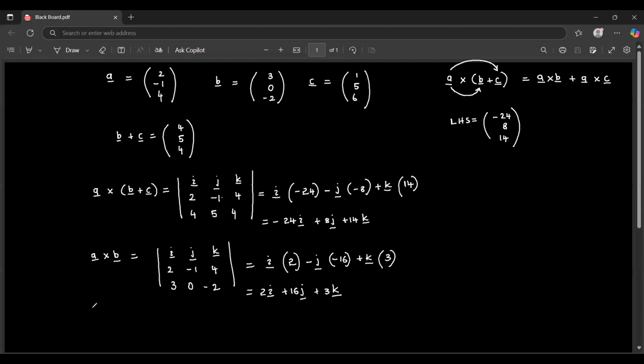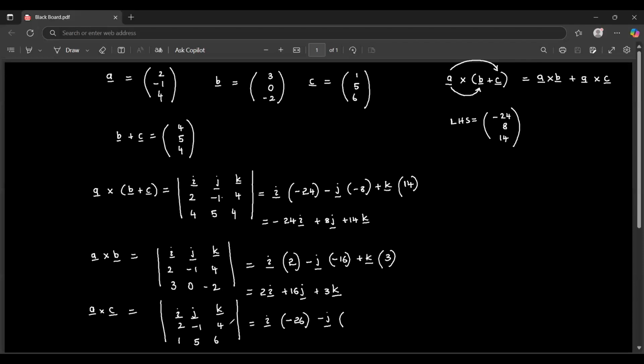Okay, so now we have A cross C. The same drill applies here as well. So we have 2, minus 1, 4, and 1, 5, and 6. So this will be equal to i into (minus 1 into 6 minus 4 into 5), so minus 26. Okay. Minus j into,